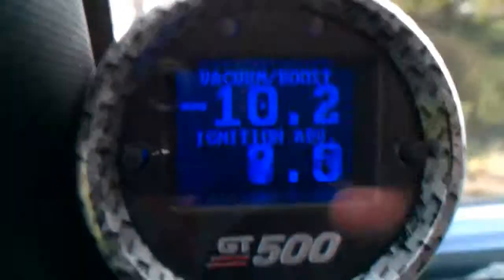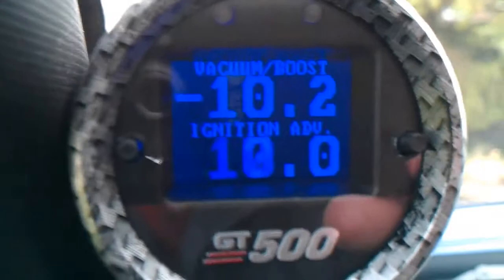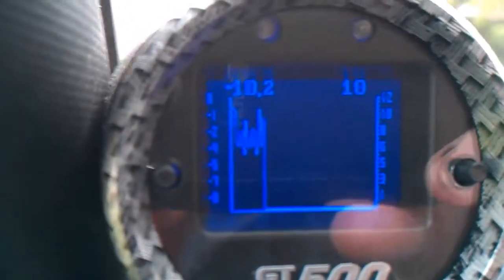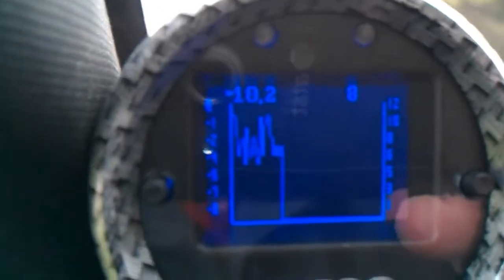To access these, you must be in normal scan mode, and you press and hold both buttons, go past the peaks until you see multi-screen, and now you'll go into